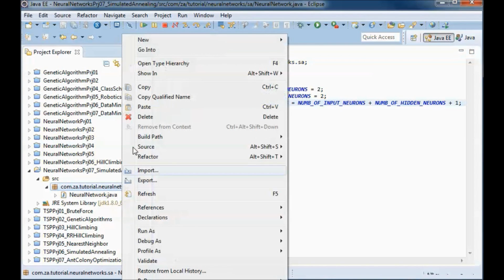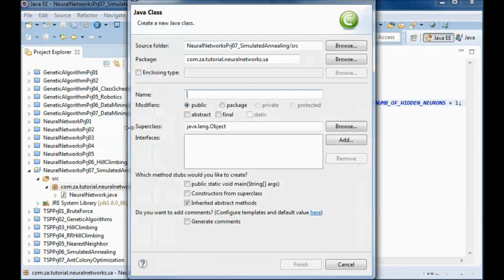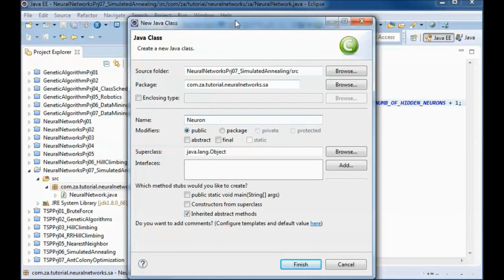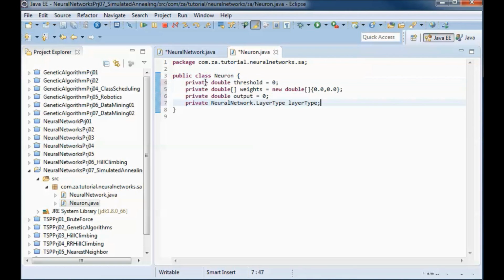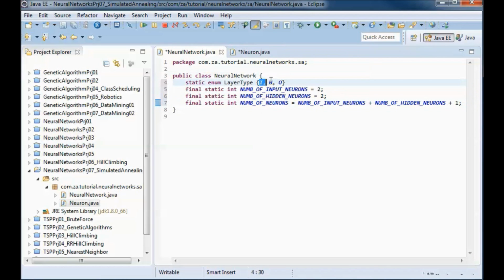And we will also have a neuron class, and a neuron will have a threshold and two weights and an output, and it will belong to one of three layers: the input, the hidden, or the output layers.